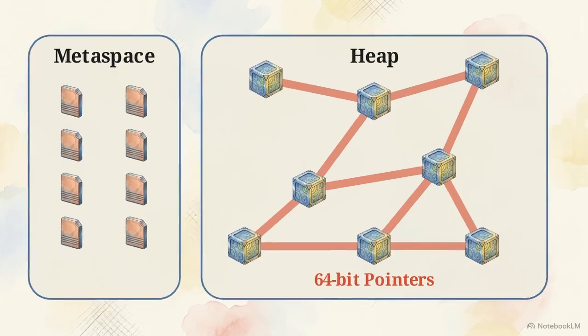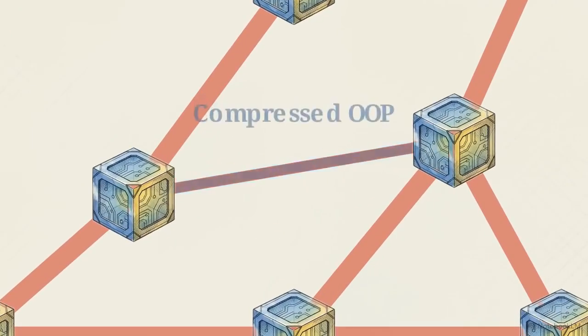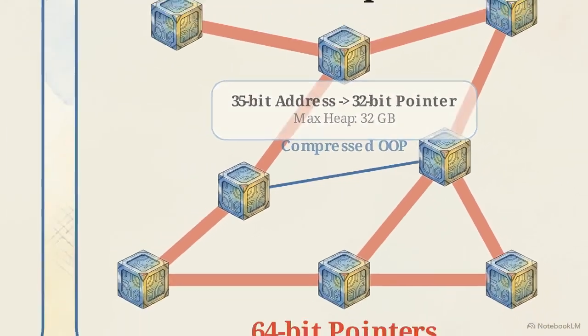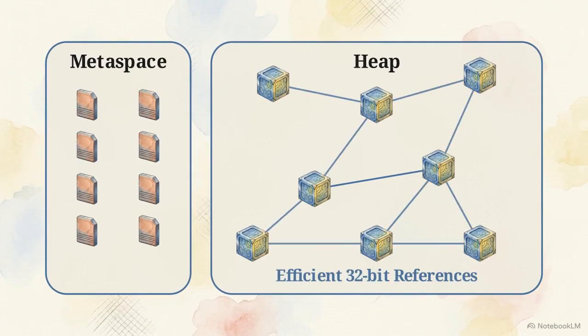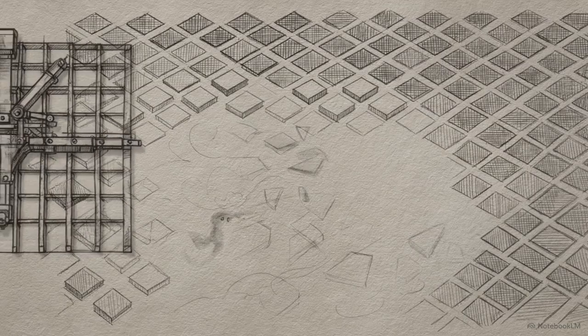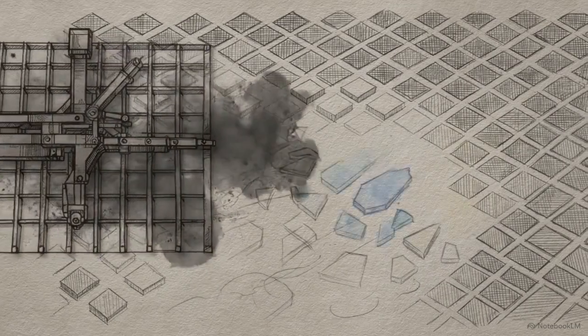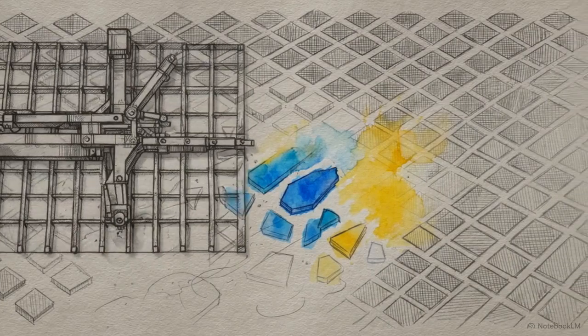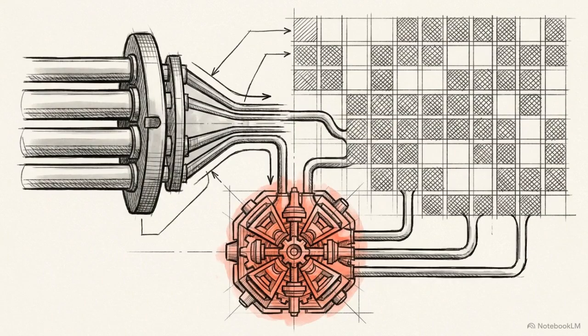To counter this, the JVM uses compressed ordinary object pointers. It fits a 35-bit pointer into 32 bits, allowing up to 32 gigabytes of heap with smaller, efficient references. Because this space is shared by all threads, it requires constant maintenance to prevent out-of-memory errors. This is the role of modern garbage collectors, like generational ZGC, which automatically identifies and removes unreachable objects in the background. Shared memory allows universal object access, but it relies on this combination of pointer compression and garbage collection to